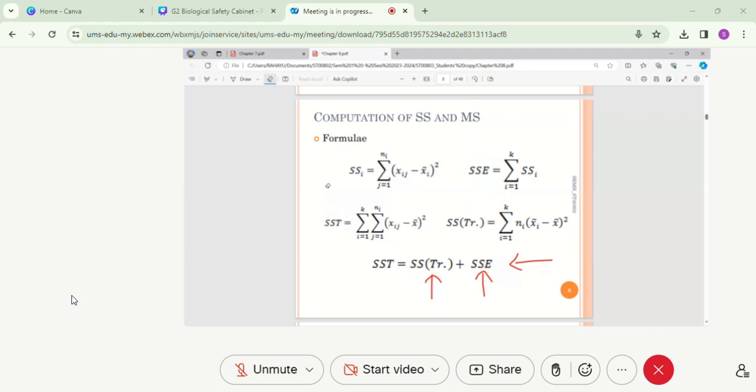Okay, now for the sum of squares here, we have j equal to 1 until ni. So let's say we take the example of the painkillers just now. Okay, let's say for the example of the painkiller,